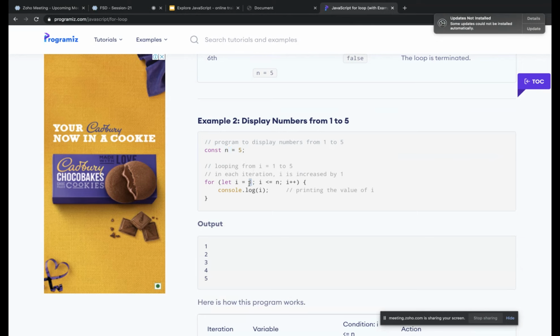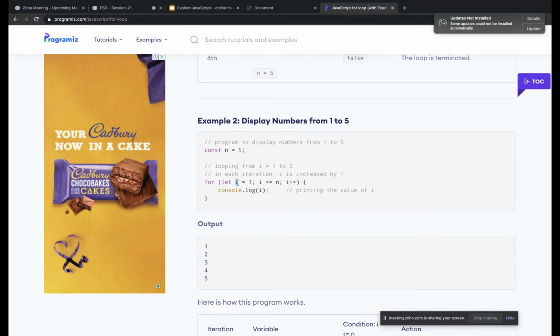They have initialized the value of i equal to 1, and then they are checking 1 is less than or equal to 5. Yes, 1 is less than or equal to 5. They are printing the i value, not the n value, because we want 1, 2, 3, 4 increments. We need to increment the values, right? So what we did is we printed the value of i.